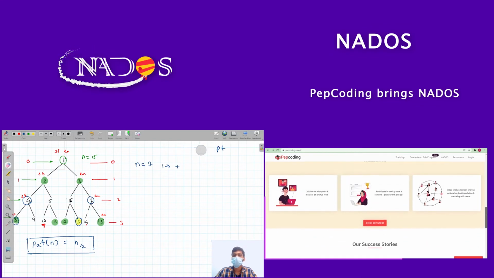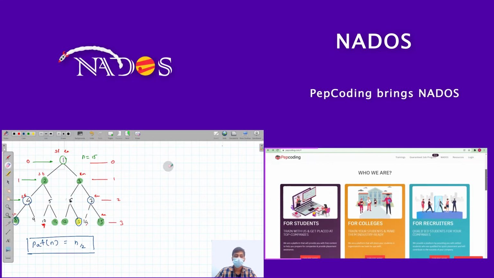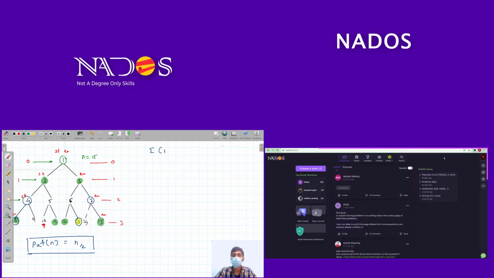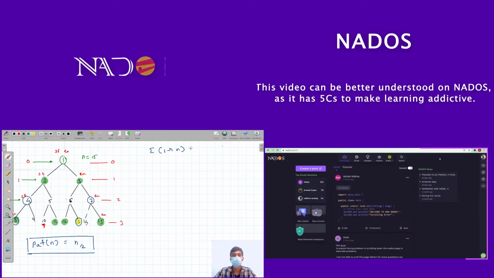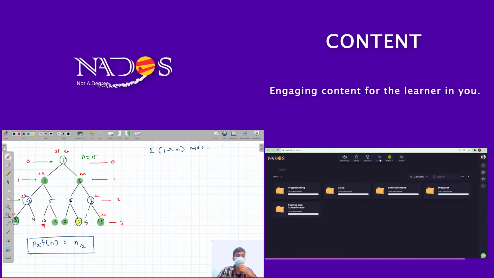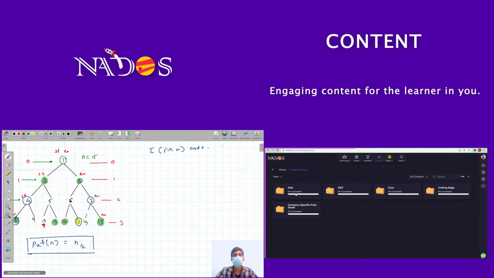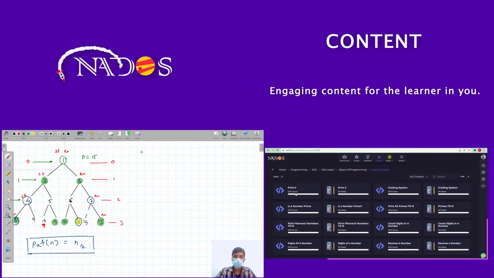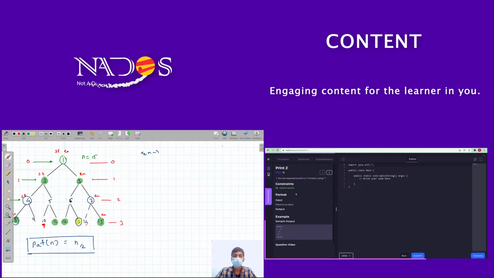Instead of this summation, what we can say is that for binary trees, the summation of 1 to n nodes. So here you can say that 1 node, 2 nodes, 3 nodes, 4 nodes, 5 nodes, 6 nodes, 7 nodes. Actually, it is nothing but the summation of 1, 1, 1, 1 till n. But now it is in a complete binary tree, and we know this property that for a complete binary tree, the summation of 1 to n is nothing but